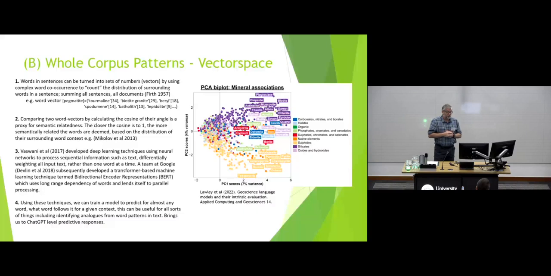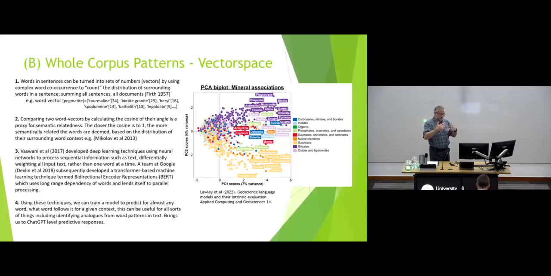A simple example I've got there is pegmatite, where we've gone through sentence after sentence, document after document, and just counted the words that are near pegmatite. So you've got tourmaline there in this fictitious example 34 times, biotite granite 29 times. So you imagine that with this vector, we can almost semantically define what pegmatite is by the words that occur around it. We can then take vectors and, using cosine similarity, compare them. The more similar two vectors are, the closer they will be to one. And that can be quite a useful technique to show.